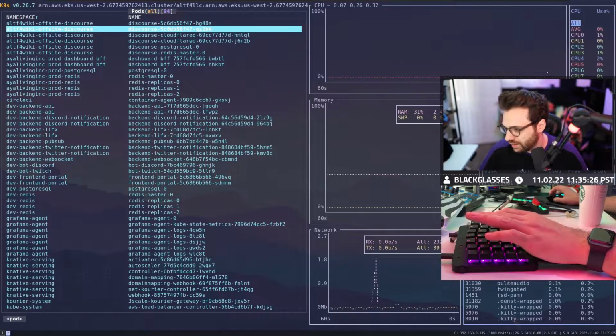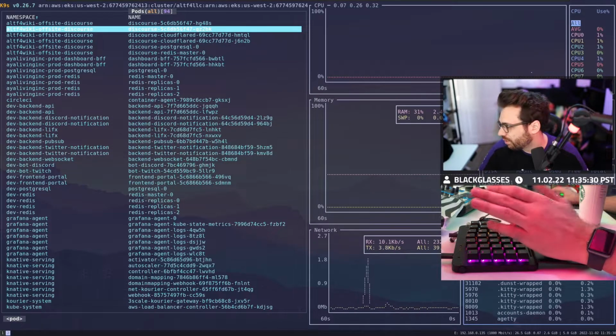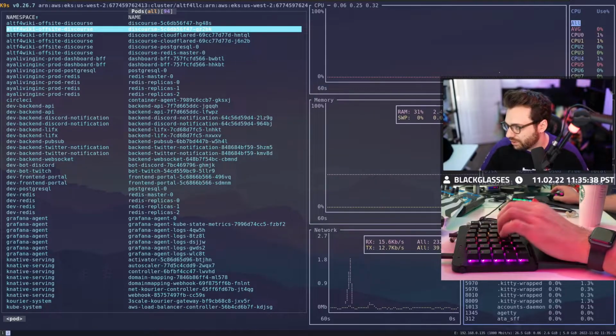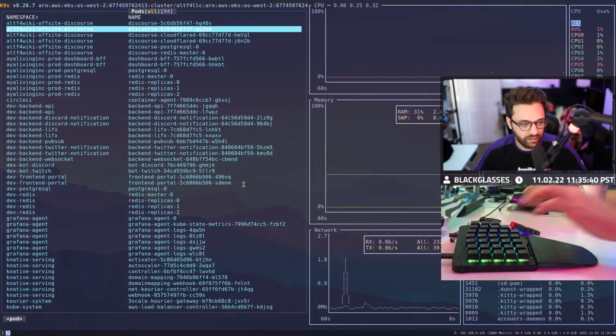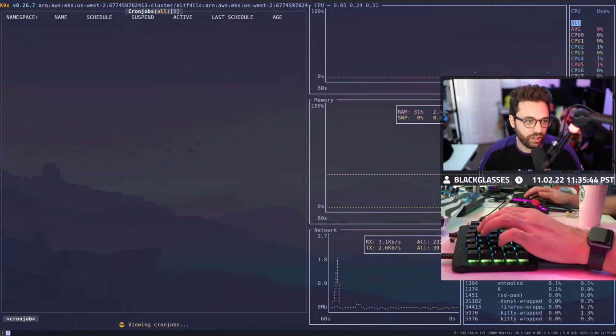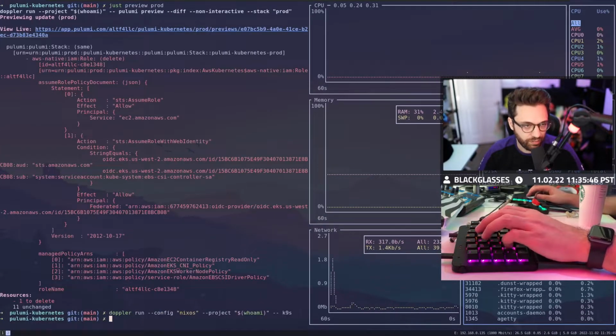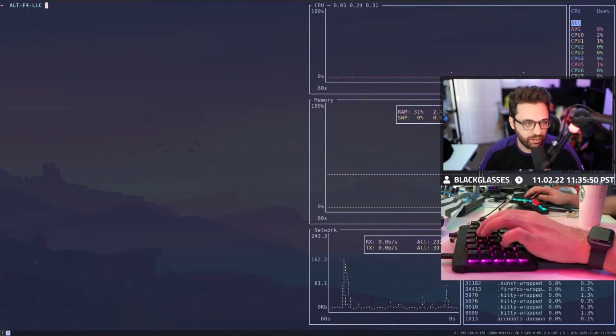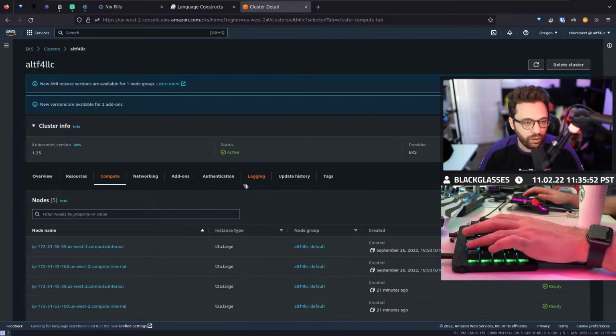I'm glad to see that the bot's working again. I'm even happier to see that the go live notification went out. That's dope. I wasn't even expecting that to work, so that's cool. Yeah, it looks like the cluster really did reconcile itself, which again is what you want. We are going to have to re-add our cron jobs. That's a bit of a bummer, but at least we got the cluster back into place.